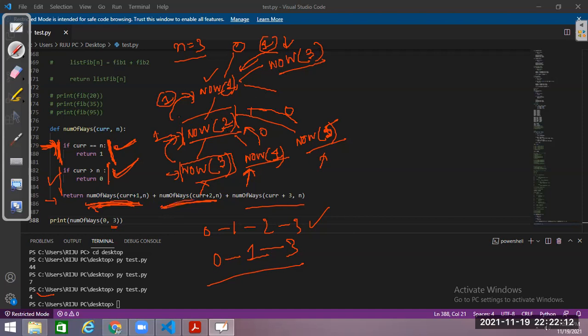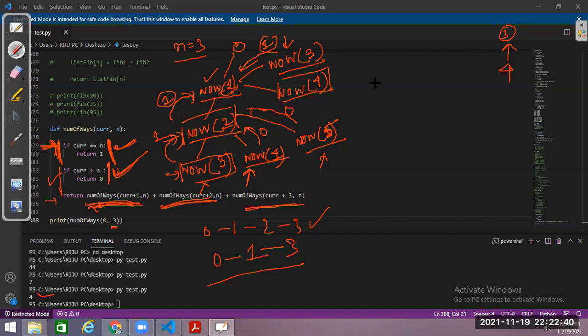Now till this function call, number of ways of 1 has got completed. Now it will calculate number of ways current plus 3. Current plus 3 is what? 1 plus 3, 4. So now for this particular function call, this condition is false, but this condition is true, because from 4 I cannot reach to previous staircase 3.